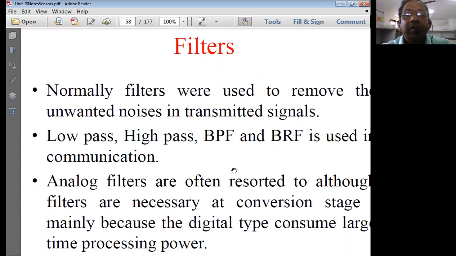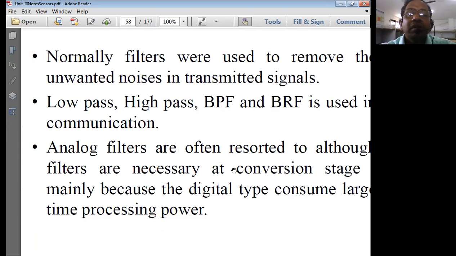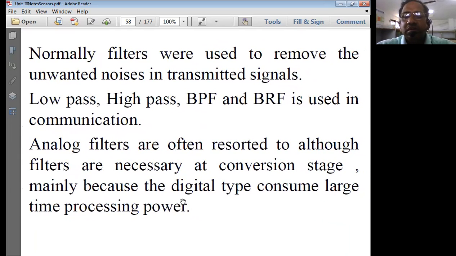The next one is filters. Why do we use filters? Filters are normally used to remove the unwanted noise present in the signal. Normally filters come in terms of low pass filter, high pass filter, band pass filter, and band reject filters. In the communication arena, analog filters are often resorted to, although